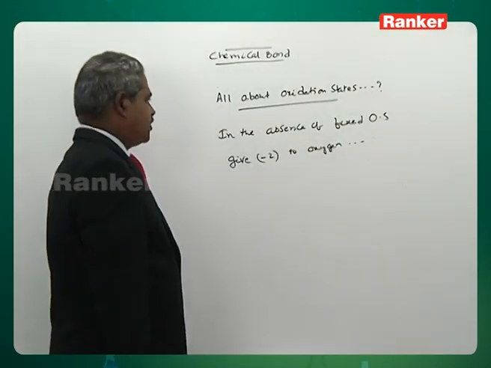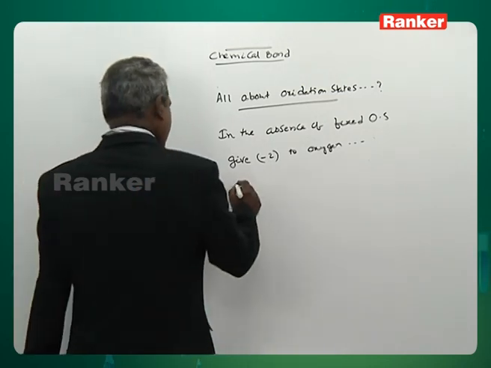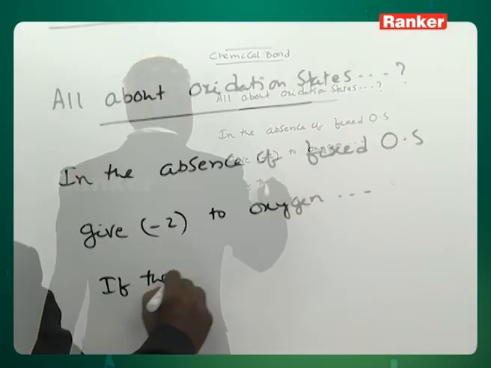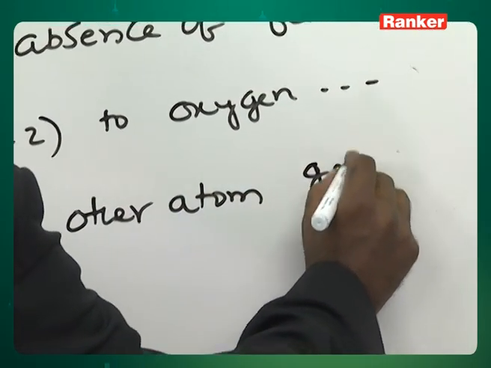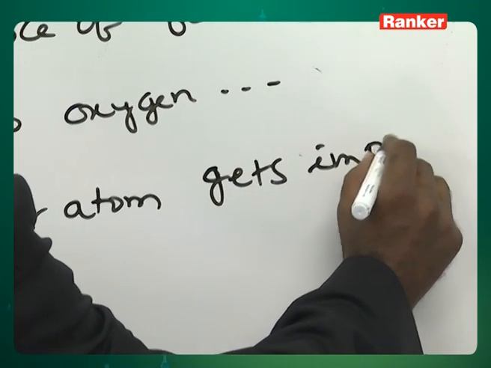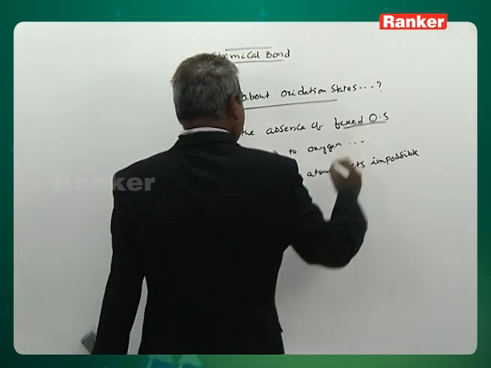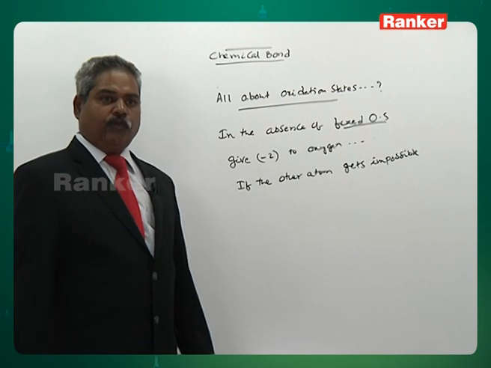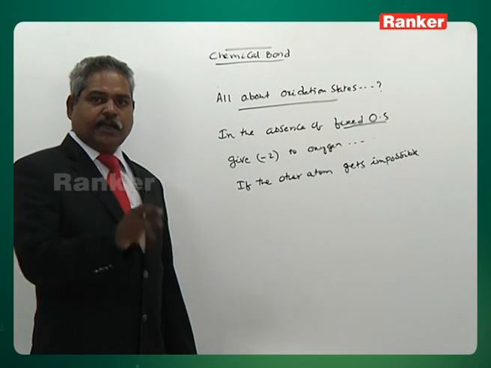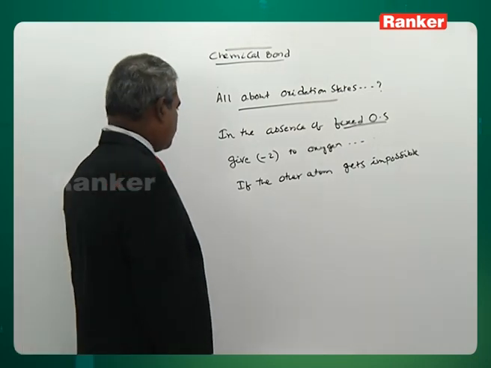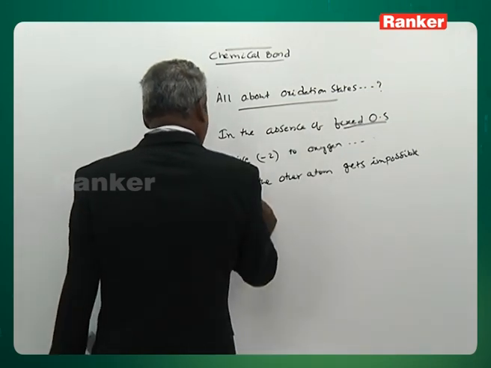In the absence of fixed oxidation state, give minus 2 to oxygen. When there is no fixed element, what do you mean by that? No 1A, no 2A, no fluorine. When they are there, there is nothing for you to worry about. They will decide the others. So in the absence of fixed oxidation state, you give minus 2 to oxygen. If the other atom gets an impossible oxidation state,